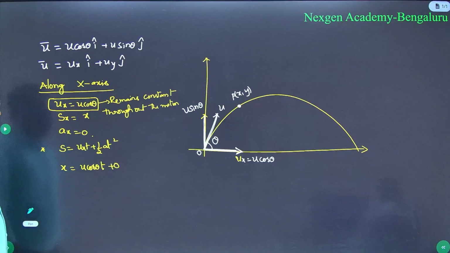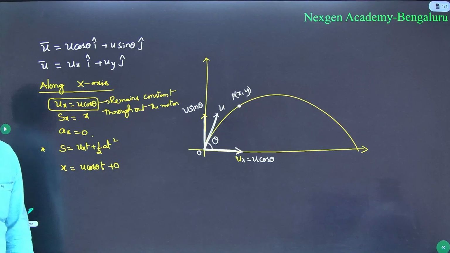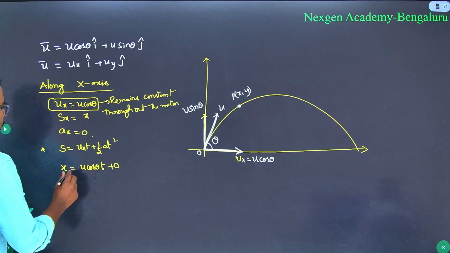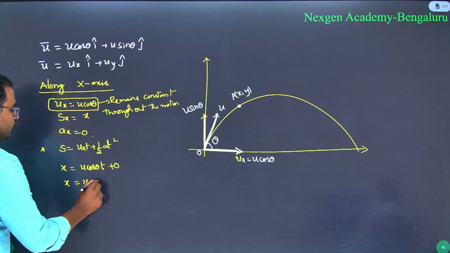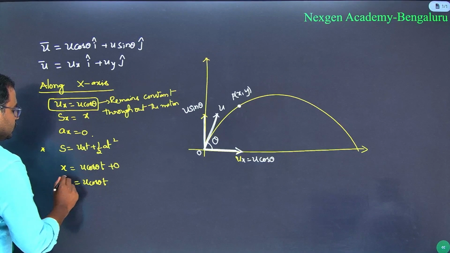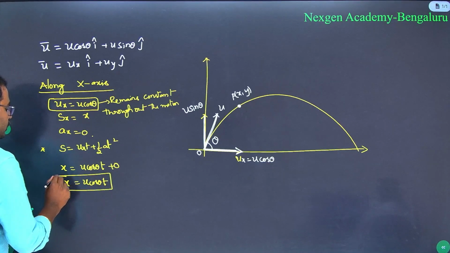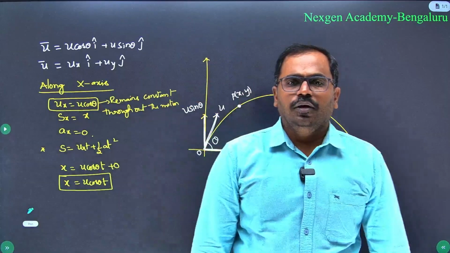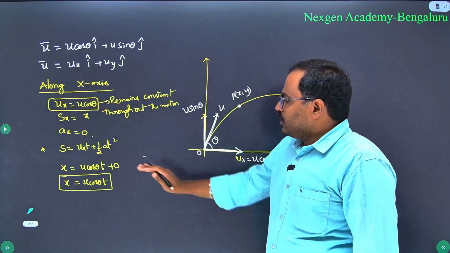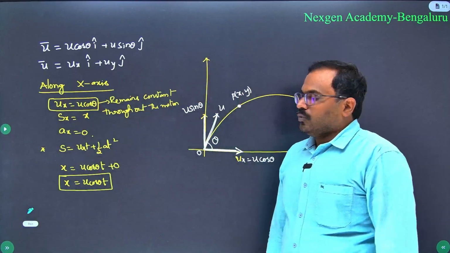So why is it 0? Because acceleration is 0, no need to consider. And this x is equal to u cos theta into t. This is the relation between x, u, cos theta and time. So horizontal distance x is equal to u cos theta into t